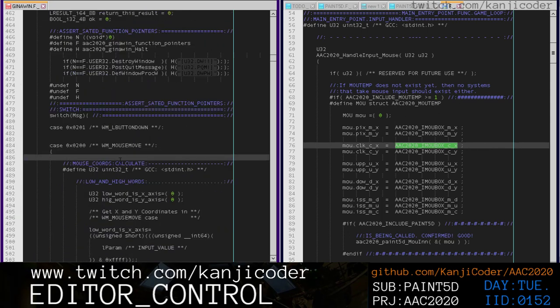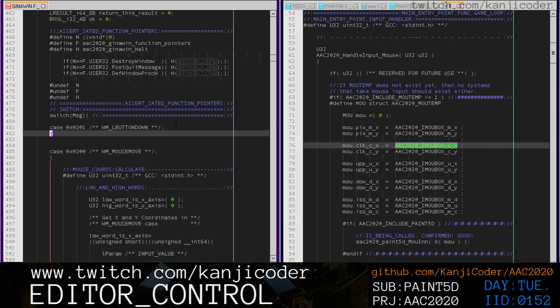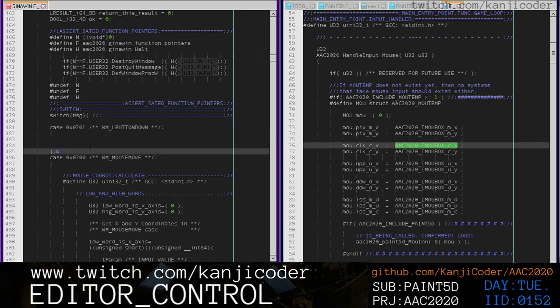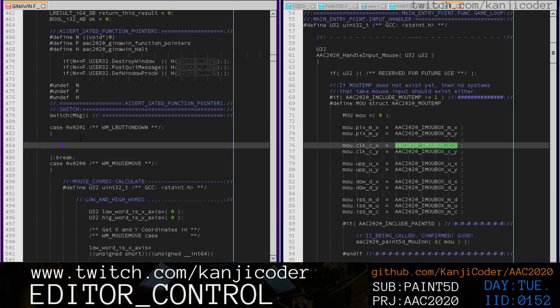So this case right here, I guess we can write it that way. I don't really like that style, but that's the way I've been doing it. So, yeah, in this case right here, we're just going to say,